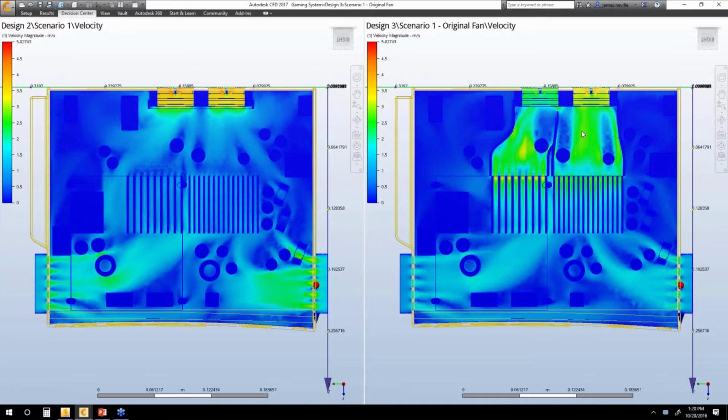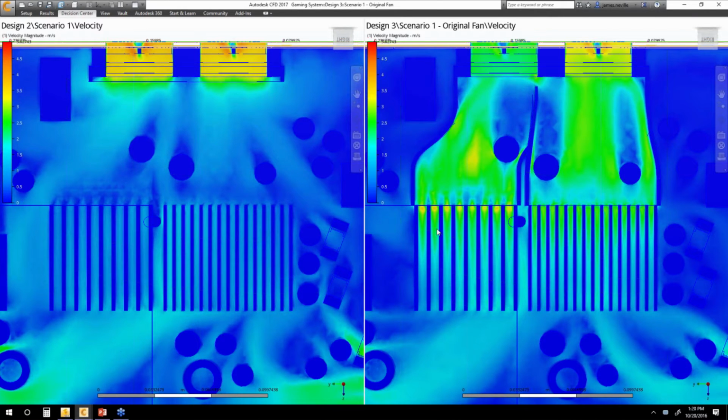So if I zoom in just in this area, check out the velocity difference inside the heat sink fins themselves. It's night and day. You're looking at 2-3 times more velocity in the heat sink fin. So we're going to get vastly better performance, at least from a flow perspective. That usually translates over into the thermal performance as well, but we'll take a look at that in a second. But you can see that the velocity through this area is night and day, like I said